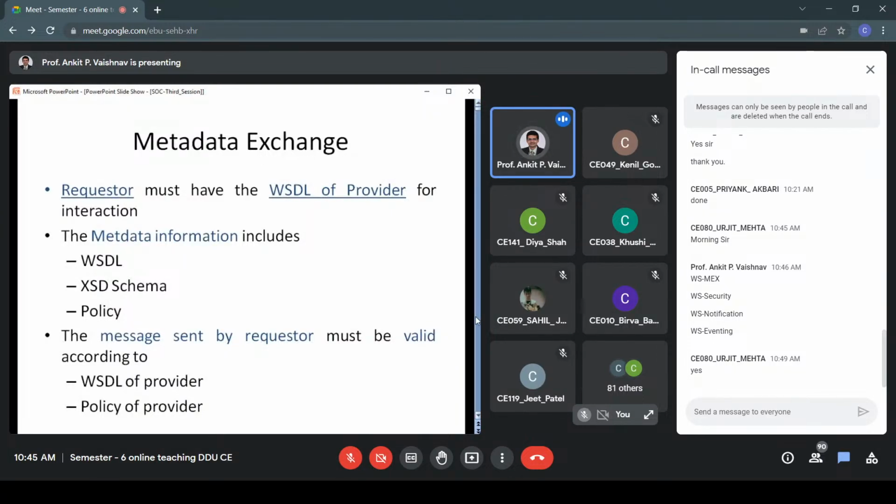You can just write down the name of the technique that you use for metadata exchange, or any method that you use for that. See, ultimately, you should be able to relate this theory with the practical, right? Otherwise, there is no meaning of studying all these theoretical concepts. We are studying theory over here, and you are studying practical implementation in the other portion. That is how this subject is divided. So how do you access the metadata of a service? Or in other words, more specifically, how do we access the WSDL file in WCF?